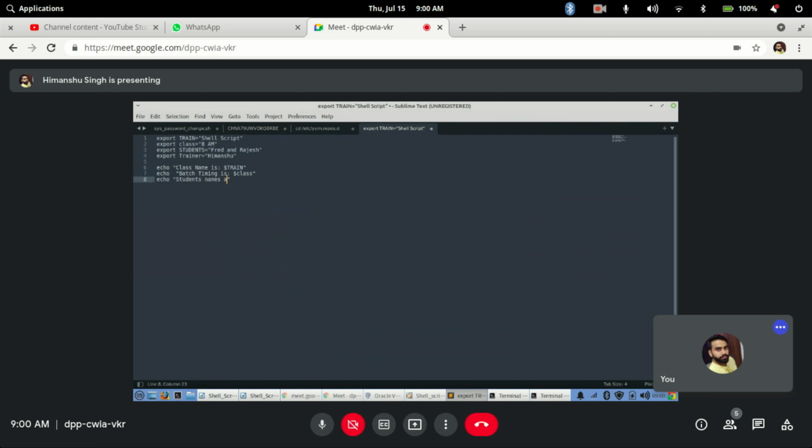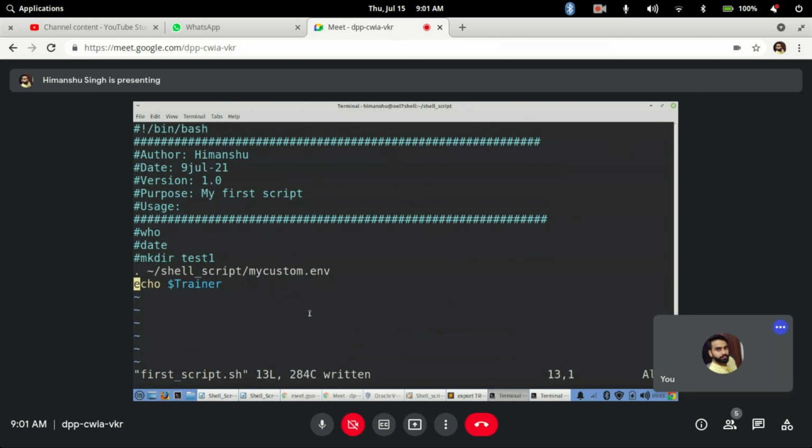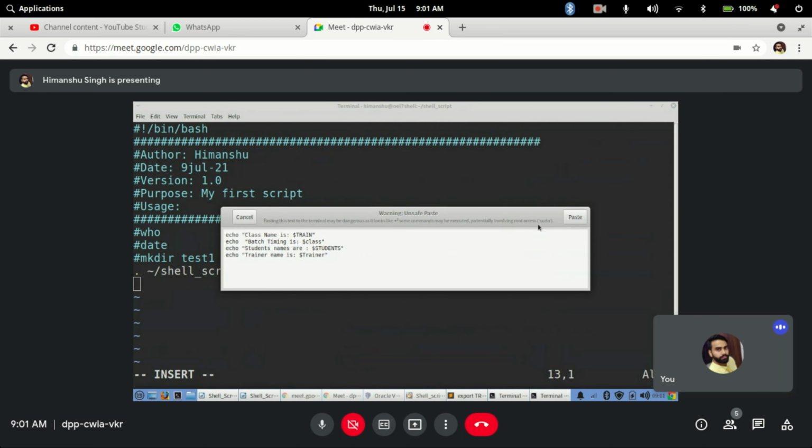Stream names are... okay. Now if I just enter like this, I will delete this line, insert, shift insert, and paste these lines.